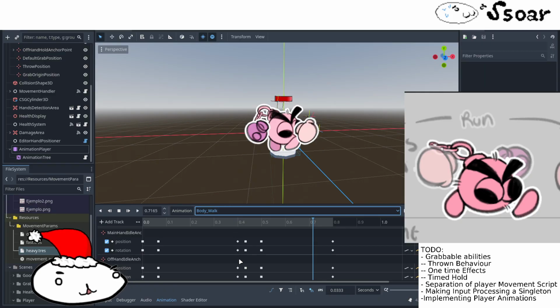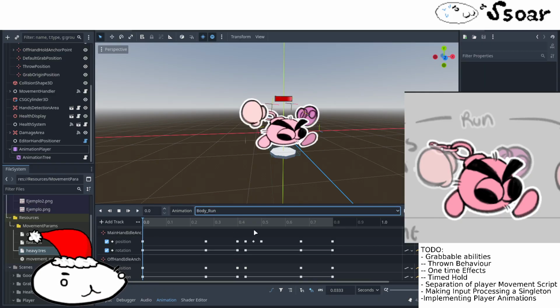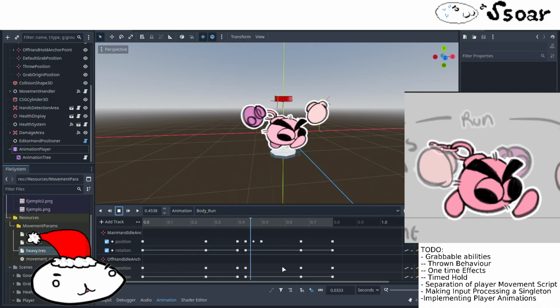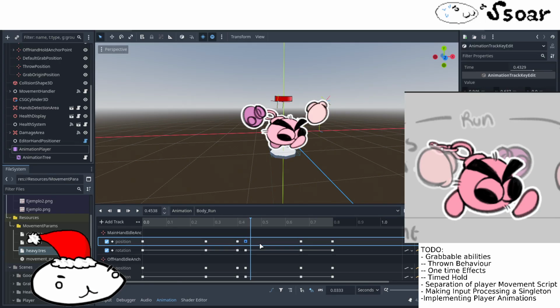Actually, here's the issue. I think I'm overcomplicating this. I think the hands don't need to switch places actually. I think it's better if they don't. Like if I just do it like this